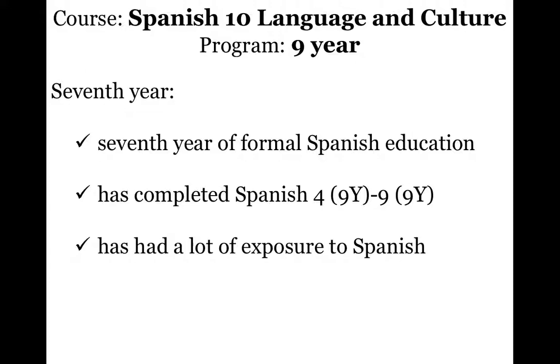correct level. So if you don't meet all of these 3 criteria, or you're simply unsure, you're like, well, I did kind of study for a while, but then I took a break and then I came back, so I'm not really sure where I belong. Again, simply email me or call me directly or come to the Blackboard session. Let me know so we can chat a little bit and I can make sure that you are in the right place. If you do meet these 3 criteria, you are definitely in the right place, so let's keep going.